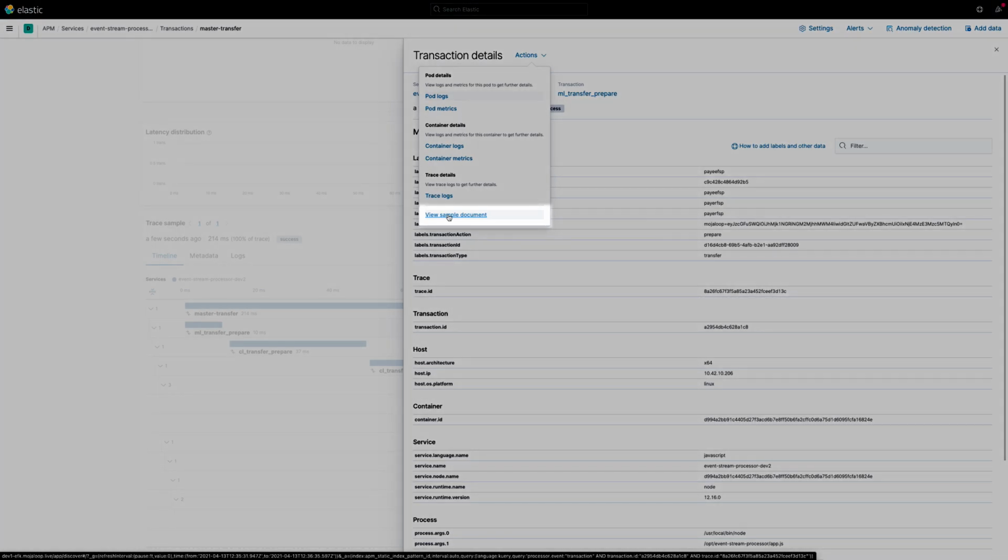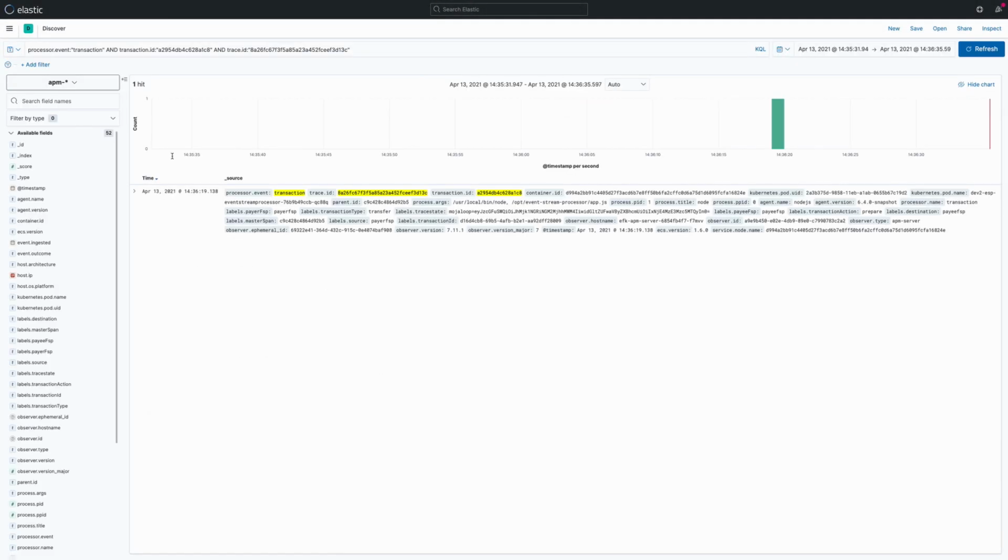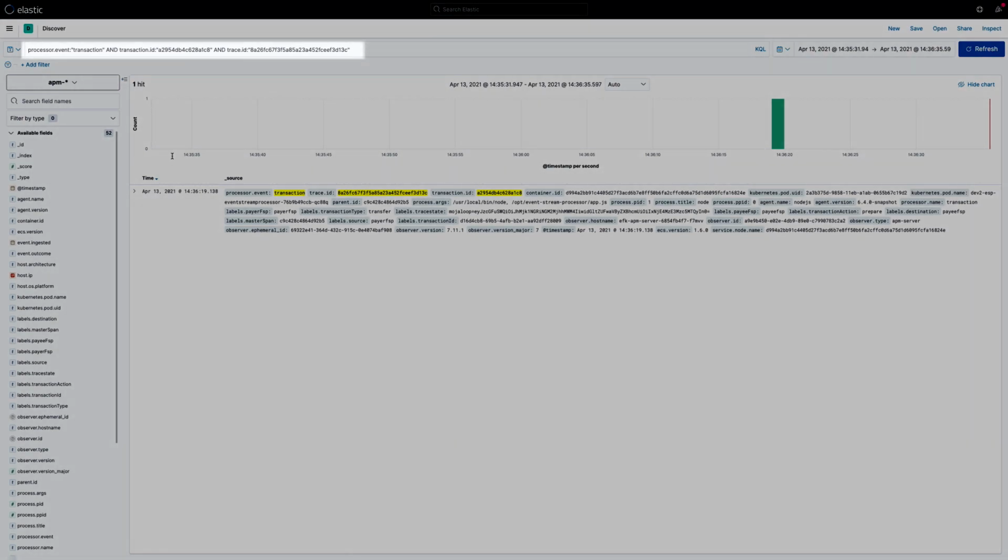This will take us to Kibana's Discover dashboard, where we have access to all logs and events ingested into Elasticsearch. This view has been pre-filtered as a result of clicking on View Documents for the ML transfer prepare span on the previous screen. In the filter box, we can see the trace ID and the span ID with their associated values. Take note, APM uses the term transaction instead of span. However, in Mojaloop we prefer the term span, which is more commonly used by tracing standards, such as the W3C